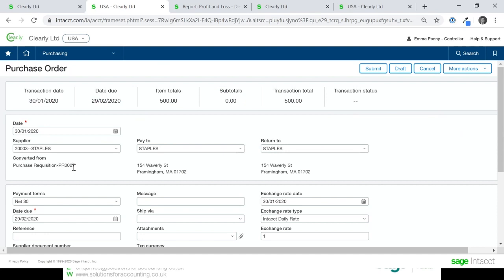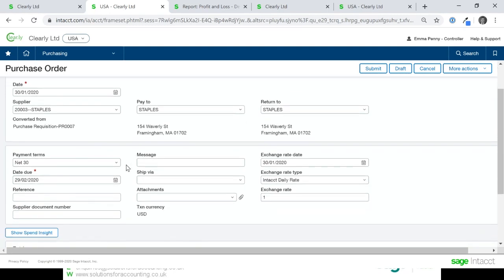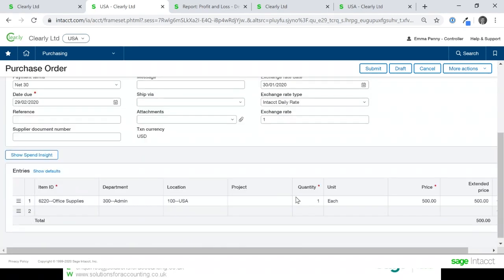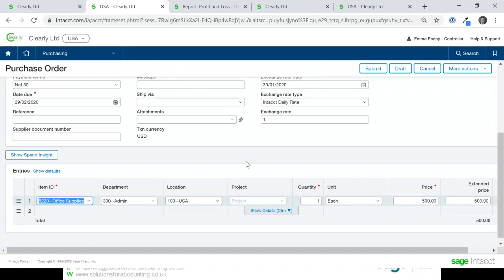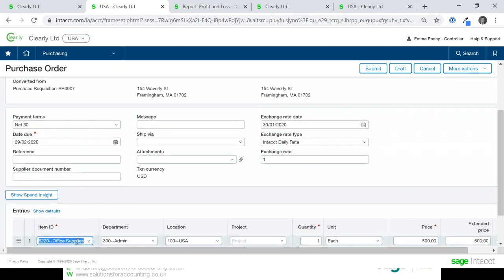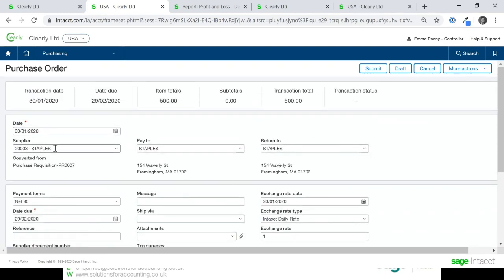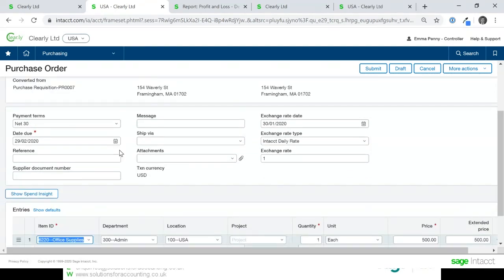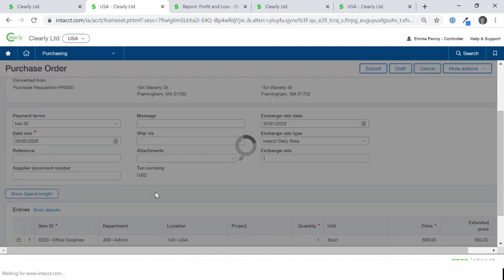You're going to be able to look back at the history of the transaction to see where it came from. Obviously, there's elements of the order that can now be amended. If perhaps it wasn't the right item or you needed to change the supplier, you can do that. As I say, it's a copy and paste type function here. It's not set in stone. So I'm just going to go straight ahead and submit that purchase order.